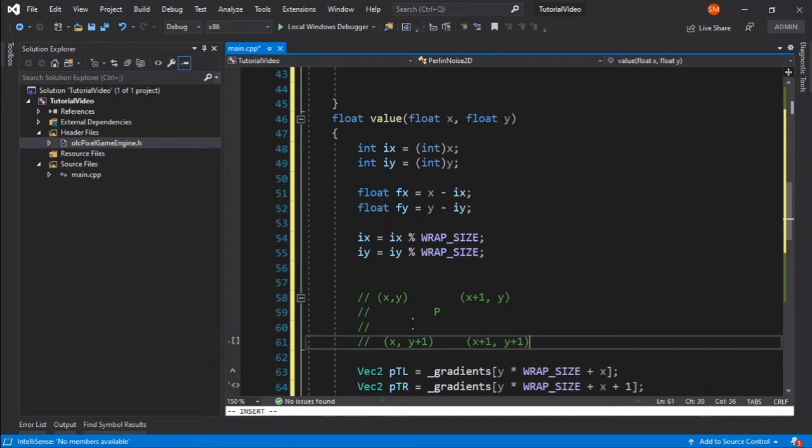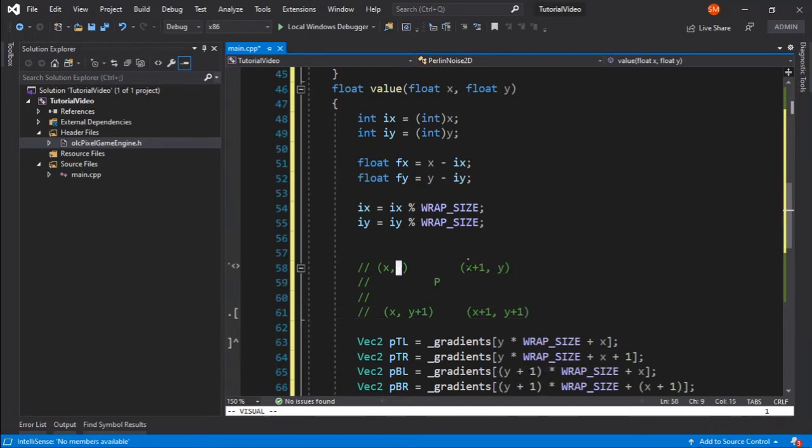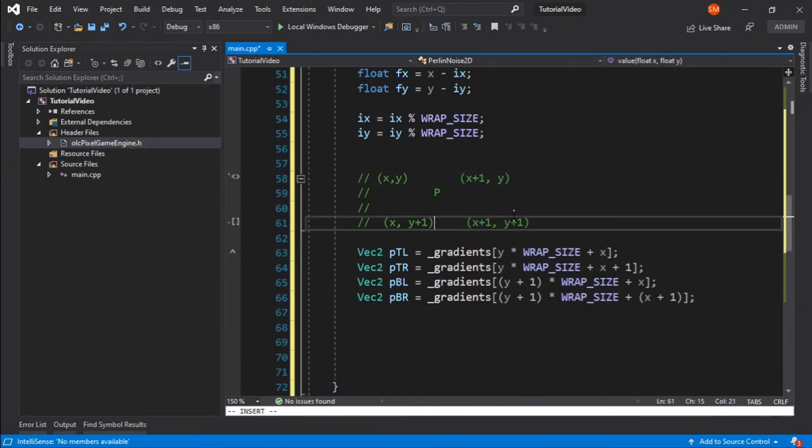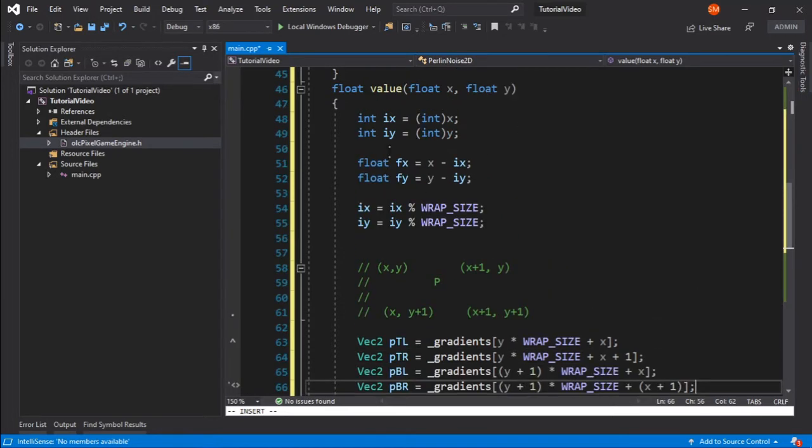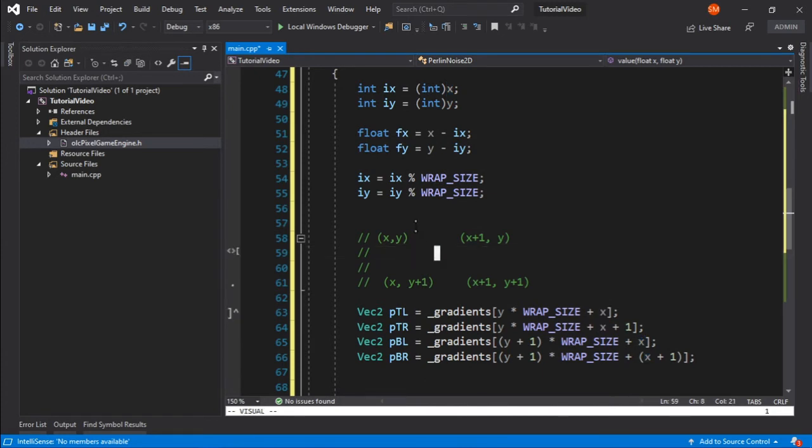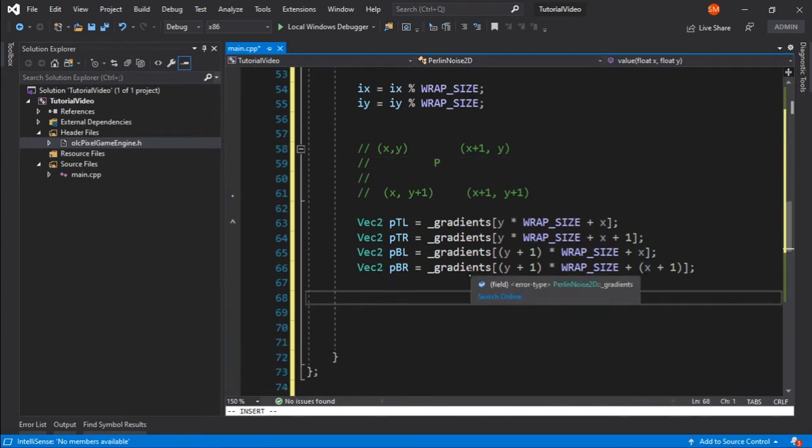So these will be our 4 points that are surrounding our main point in the grid, and the vectors present in the points will be the values inside this gradient vector. As simple as that. Now we need to find the distance from these points. As you can see, we have already eliminated the integer part from p, so we already have the fractional part. So for the distances